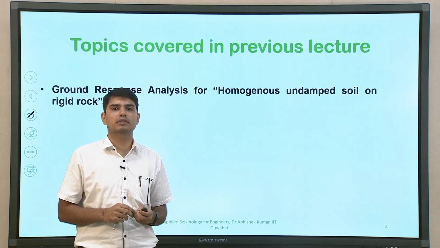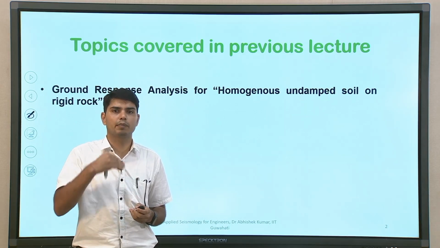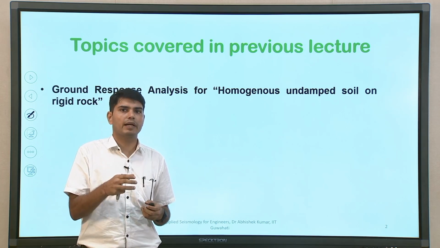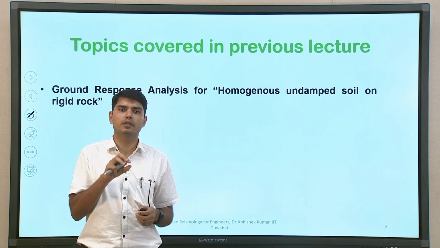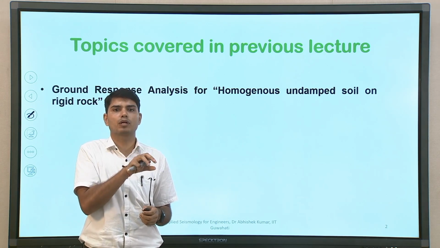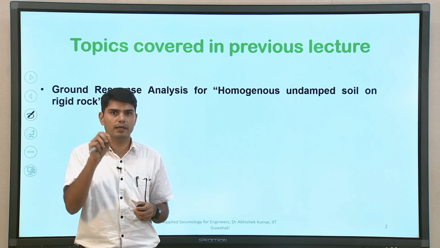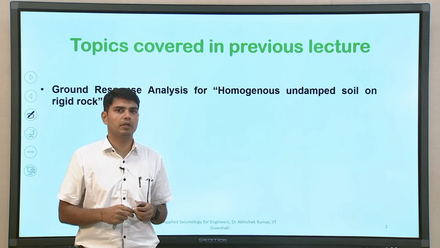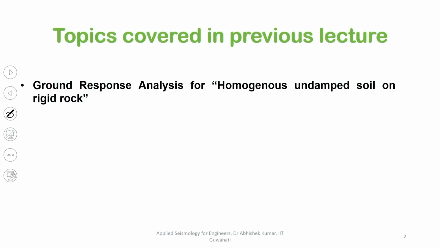So, as I discussed in the previous case, that is in lecture 18, we discussed undamped soil which is located above rigid bedrock. Then we brought the one dimensional wave equation into account such that when we derived that particular equation, the shear stress mobilized in the soil was only dependent on the shear modulus of the soil. So, if you take the one dimensional equation of motion into account, which we used in lecture 18, the displacement value or the shear stress value were